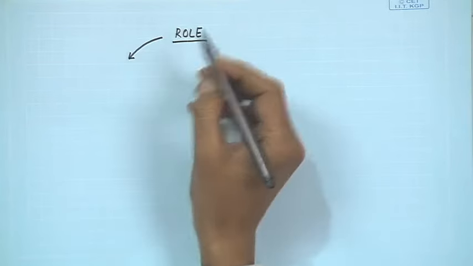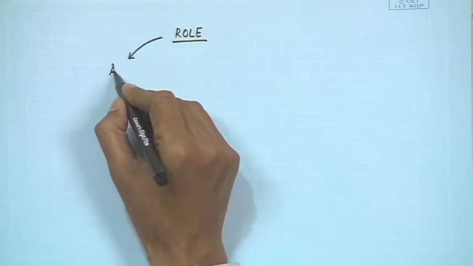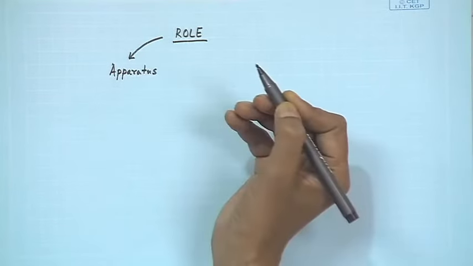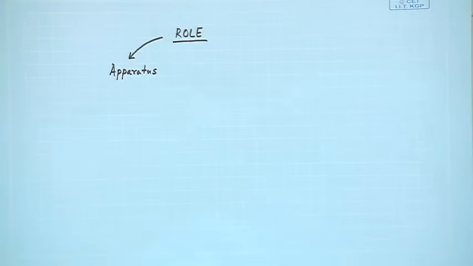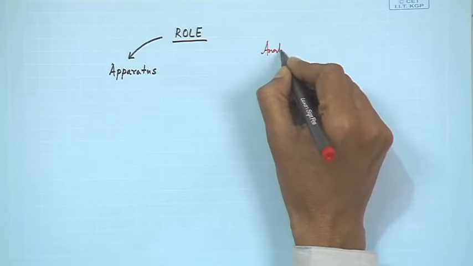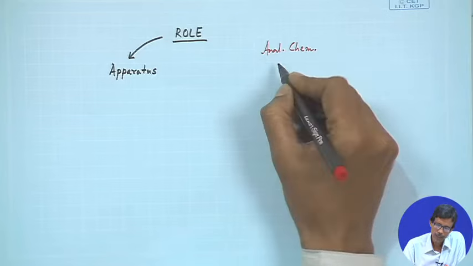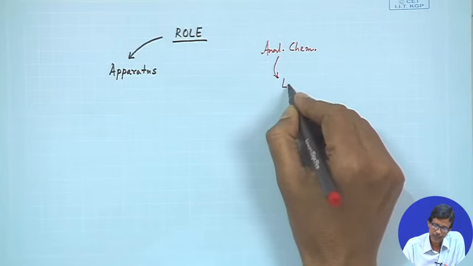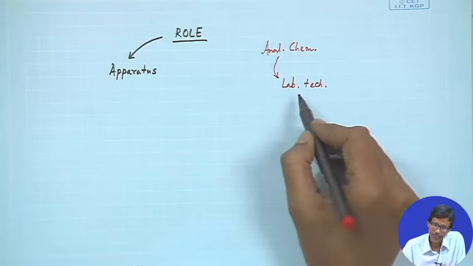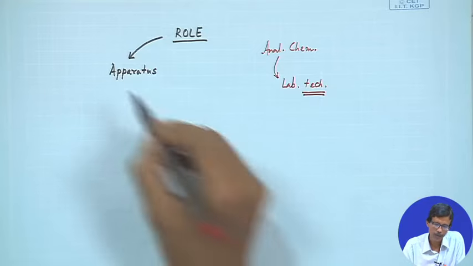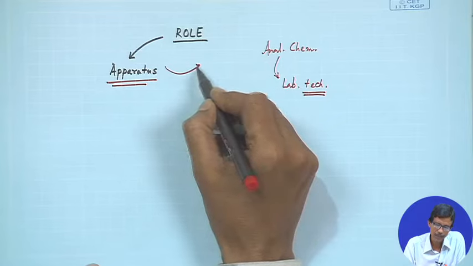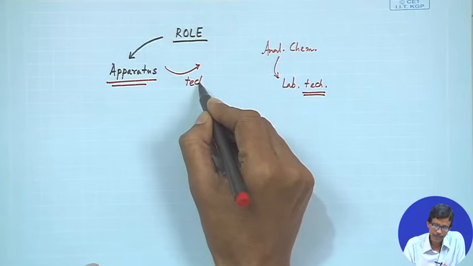Because the most important thing is always what apparatus we can use to follow some analysis, because this particular thing we are talking about, the analytical chemistry and the laboratory techniques. These laboratory techniques are very much dependent on the apparatus that will be used. So, that is why the apparatus is related to the techniques,